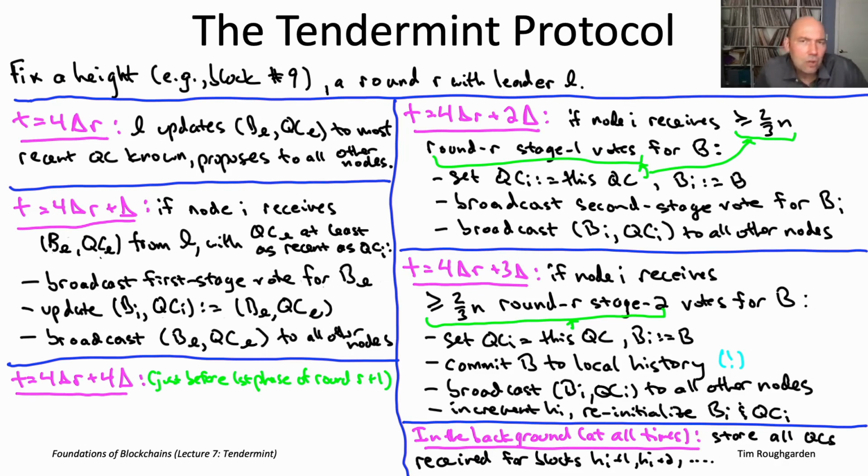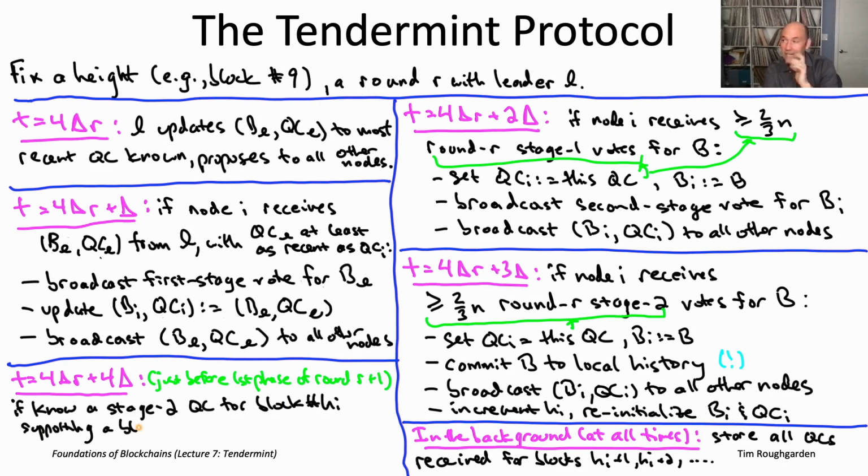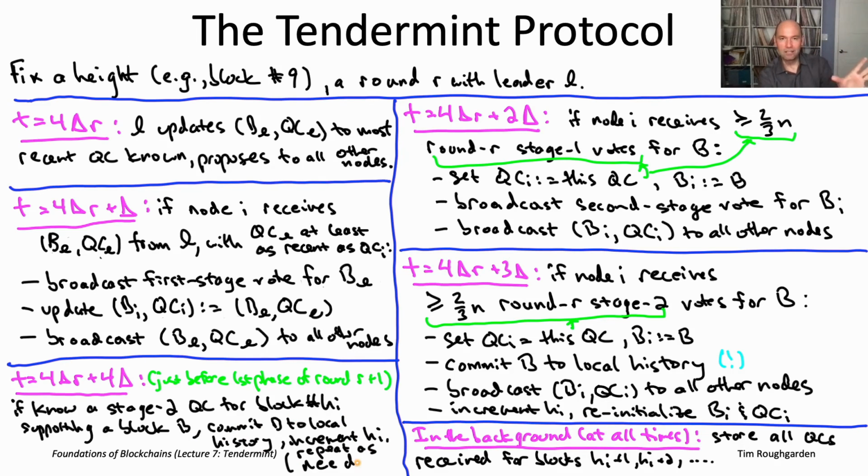So at the end of each round, each node is just going to do a sanity check. It's going to say, basically, could it be possible that the problem is me and I'm behind the times and my colleagues have actually already figured out what the block's supposed to be? Right, again, like maybe you're in round 117, you're working on block number 9, and so maybe you fail in this round. Okay, you didn't hear enough votes from the second stage of voting, you didn't wind up committing anything as block number 9 in the fourth phase. As far as you know, you're still working on block number 9. But now at the end of this round, at the end of round 117, you're like, let me just make sure there's not any irrefutable evidence that my colleagues have figured out block number 9.